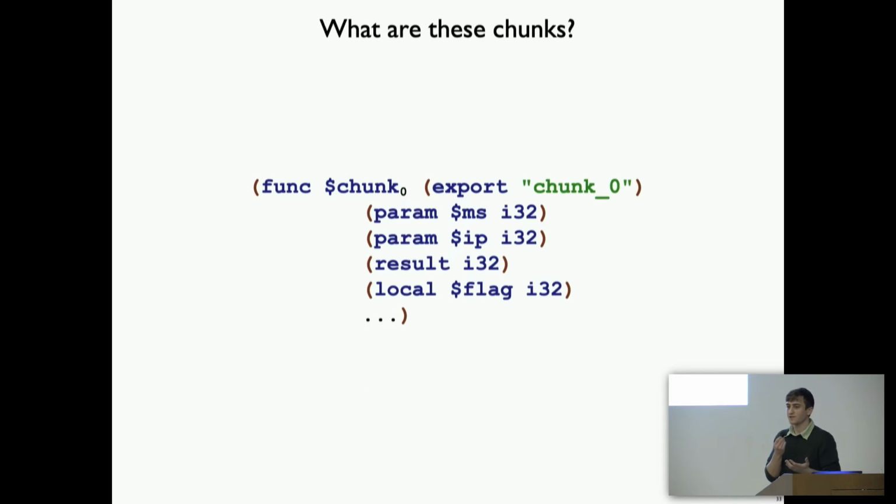Okay, so that is kind of high level. So what do these chunks actually look like? A chunk consumes the state of the interpreter, right? Because you need to bookkeep as you execute a chunk, because you're going to eventually jump back to the interpreter, at which point the state that changed during the execution of the chunk still needs to be there. And so you need to take in the machine state when you start executing a chunk, so that you can modify it, and those changes can persist. So yeah, these chunks are stub functions that take in machine state.